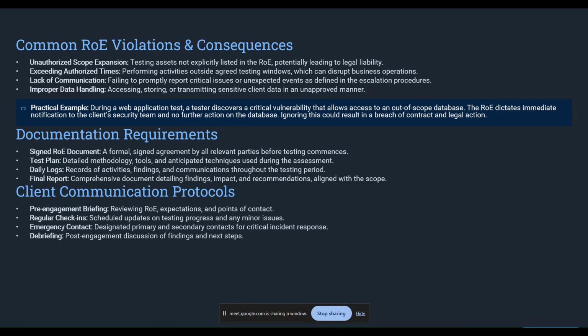Now, this one I guess I didn't mention before, which is exceeding authorized times. Testing outside agreed windows might disrupt business operations. For example, if there are off-peak hours and you decide to run a DOP scanner at 2 p.m. during business hours, this could crash the web server. There's a possibility this would happen. At that time, they can charge you for damages, and again the contract termination and